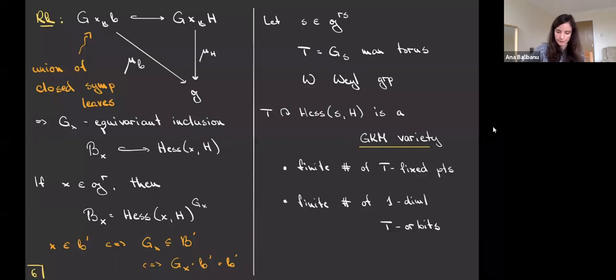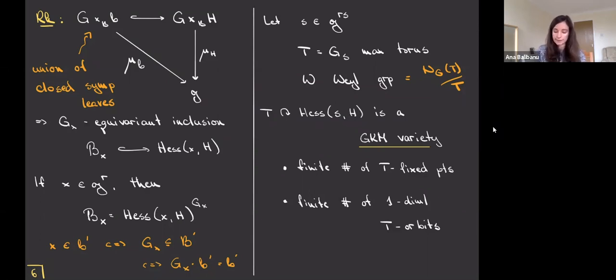so moving on. So now I'll fix a regular semisimple element in the Lie algebra, and let T be its centralizer, which is a maximal torus. And then this has a Weyl group associated to it, which is just the normalizer of T mod T. And it's a relatively well-known fact that the Hessenberg variety corresponding to S, equipped with the action of this maximal torus, is what's called a GKM variety. So GKM stands for Goresky, Kottwitz, MacPherson, and in this case,